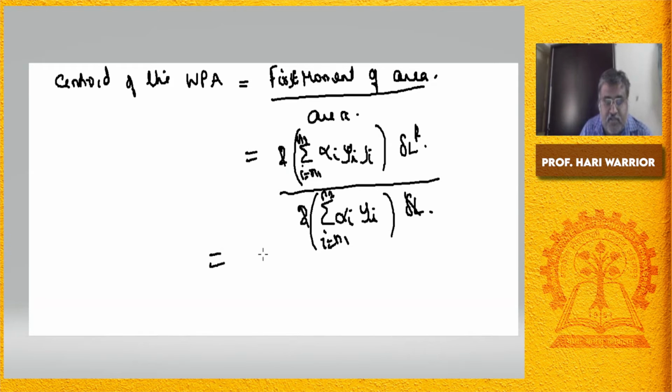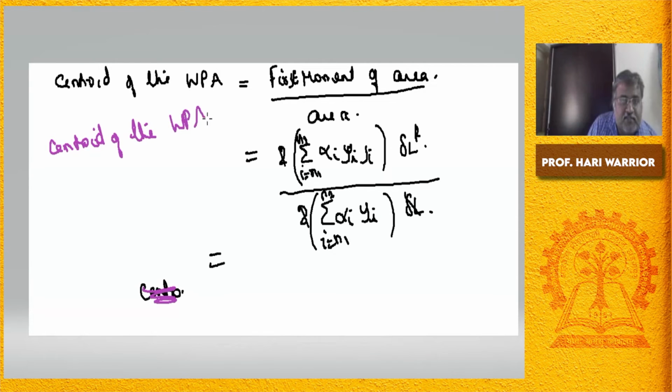This you have to know. This is how you calculate the first moment of the water plane area, and this is how you calculate the centroid of the water plane area. And the centroid of the water plane area, I'll write it in big, in some other very good color. The centroid of the water plane area, I'll write it as WPA itself, is known as, I already mentioned it, the center of flotation. Center of flotation.